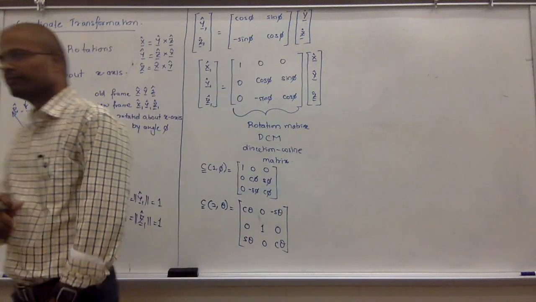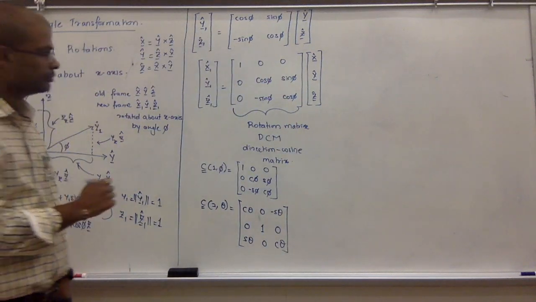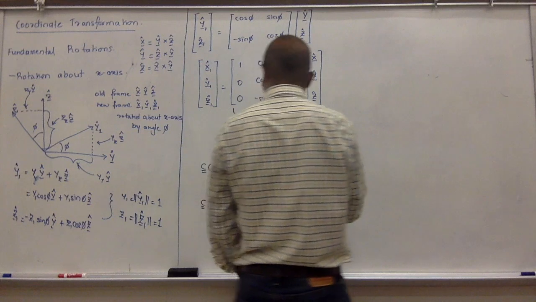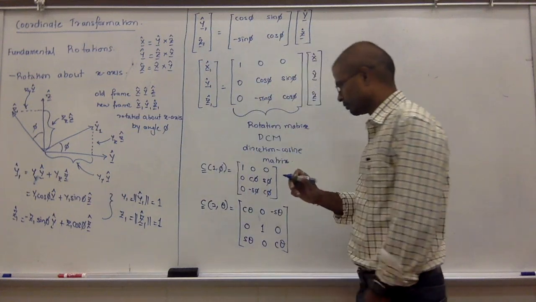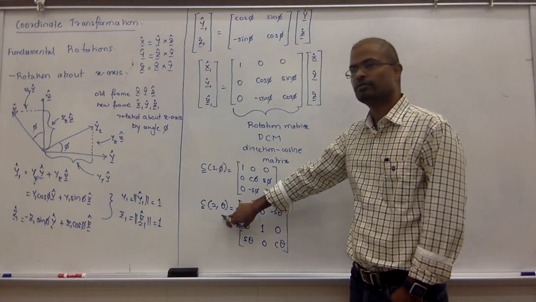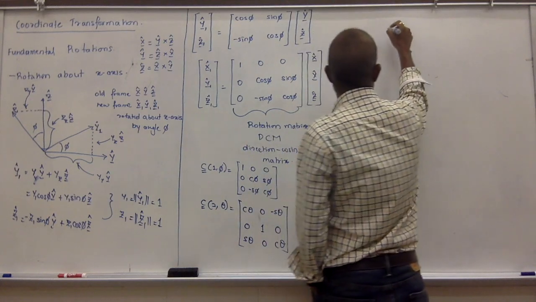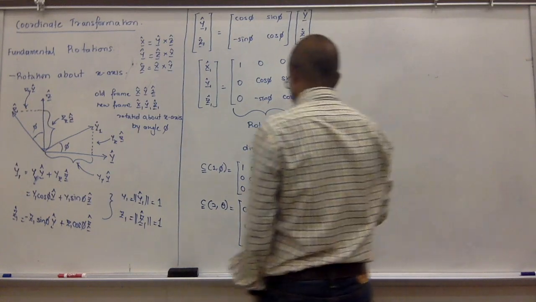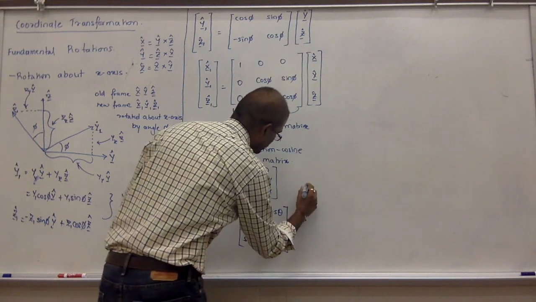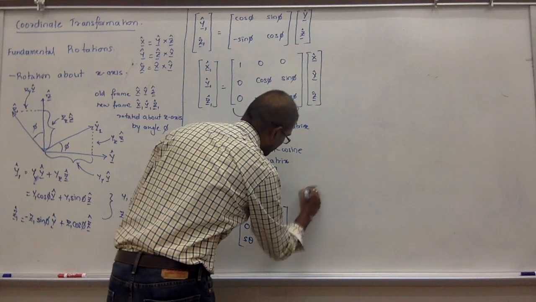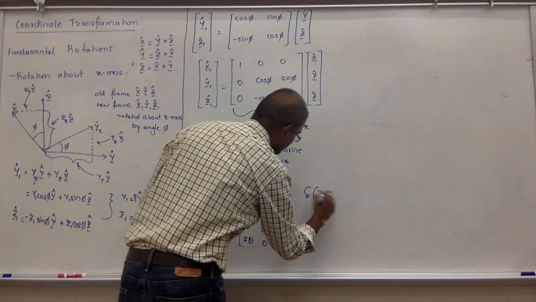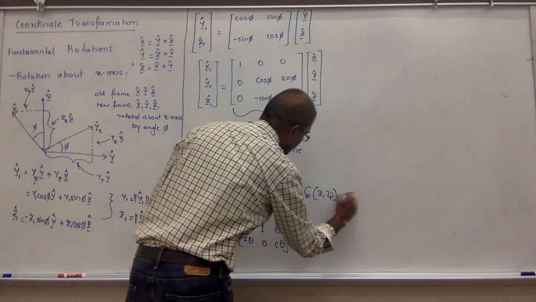Yes. I think I missed why the second matrix has theta. It is just the angle. Let me write down one more, and then I'll explain to you. Okay? So you have C3 psi is equal to